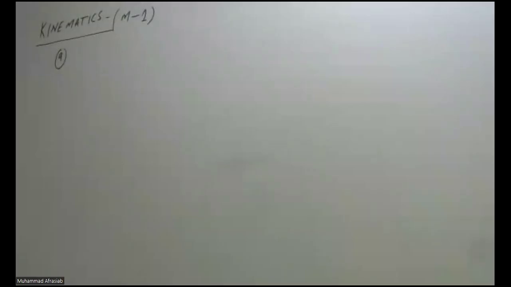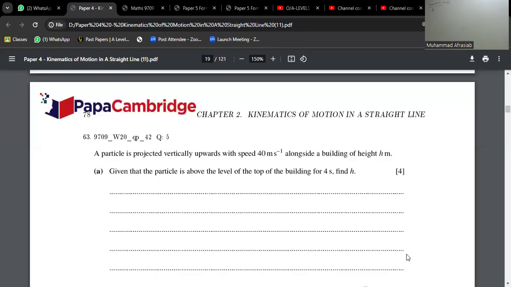We are starting now question number 9 for the topic of kinematics for M1. A particle is projected vertically upward with a speed of 40 meters per second alongside a building of height h meters. Given that the particle is above the level of the top of the building for 4 seconds, find the height h. The second part of that,